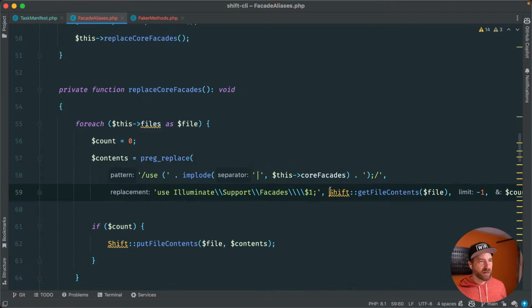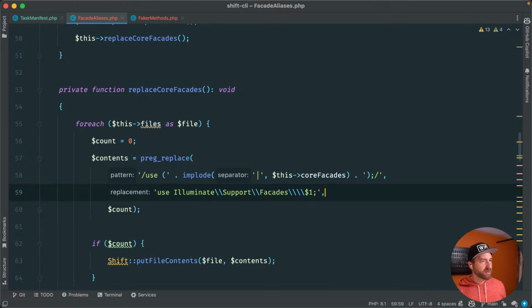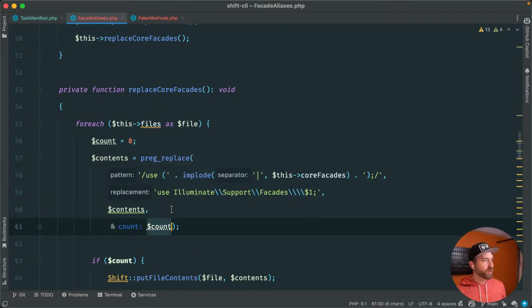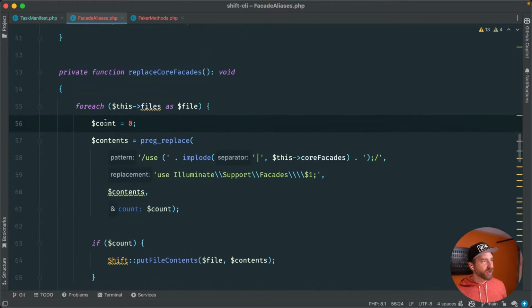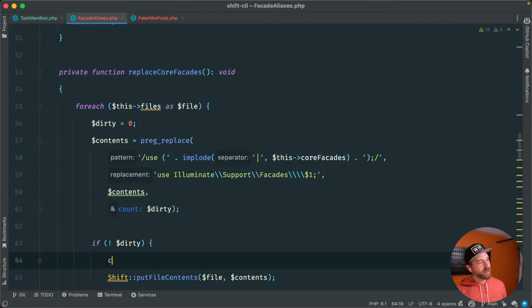So we'll say, let's change this to contents, and we'll change count, or well, I guess we'll leave count. It's a little bit more like dirty, I think we called it in the last one. Let's be consistent. Dirty is kind of, yeah, so if not dirty, continue,